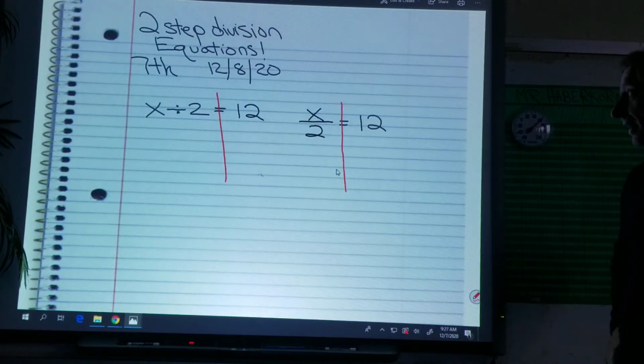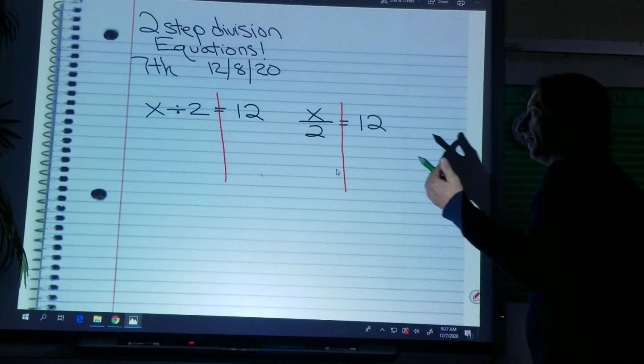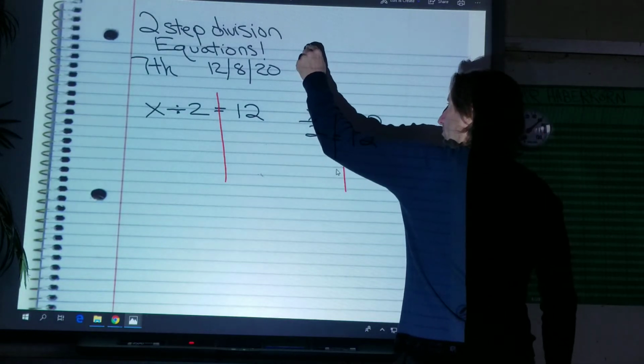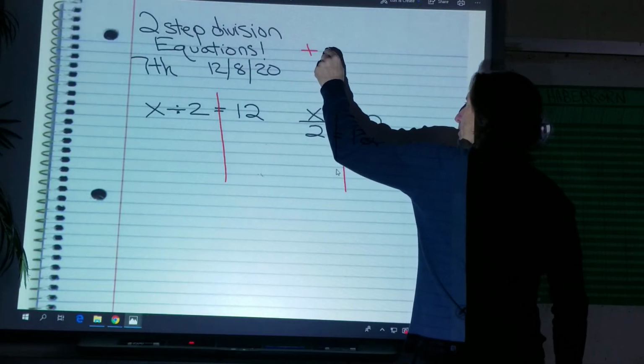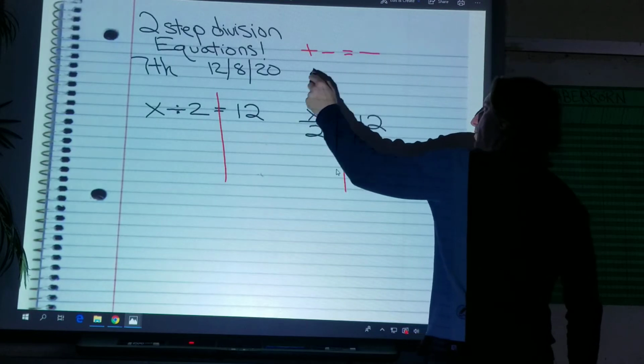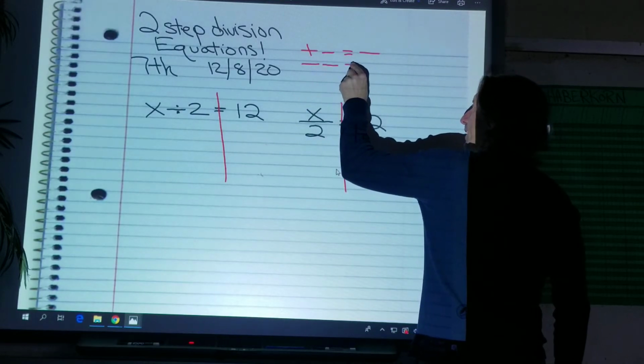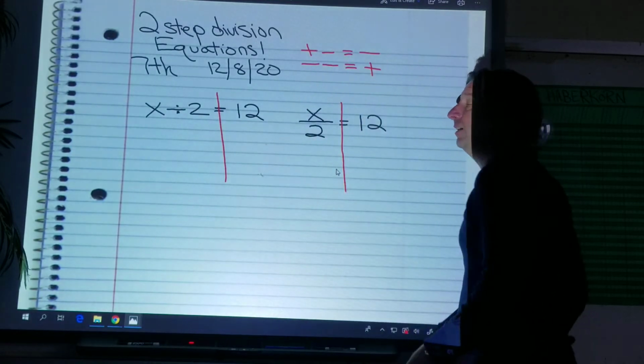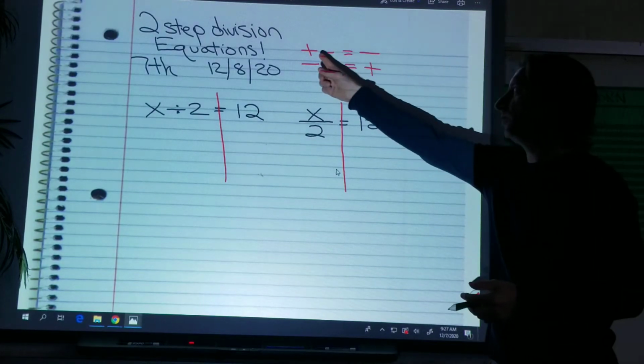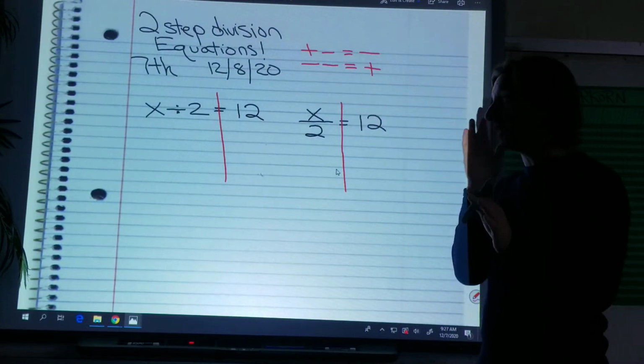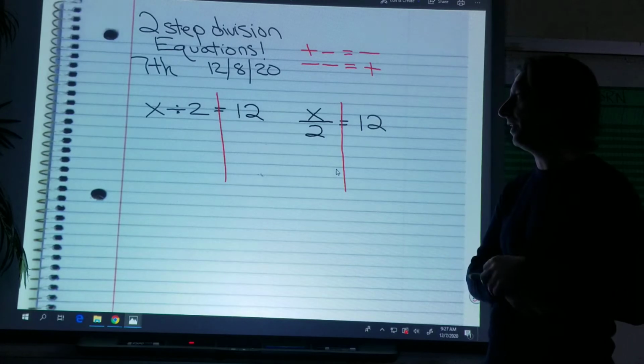And the negative rules still apply. A positive times a negative equals a negative. And a negative times a negative equals a positive. And don't forget, it doesn't matter which one's bigger or smaller. That's with adding and subtracting, not with multiplying and dividing. Okay? All right, so